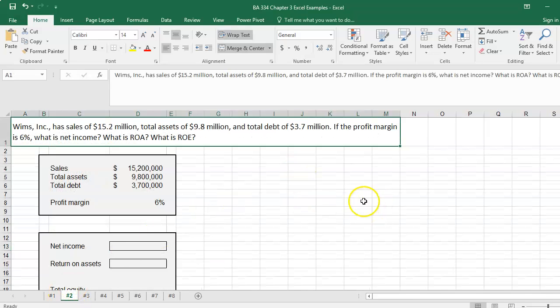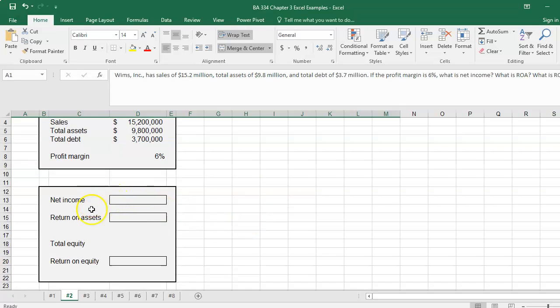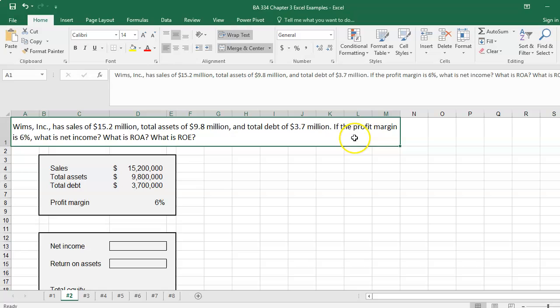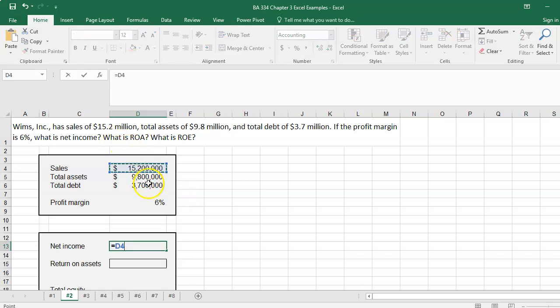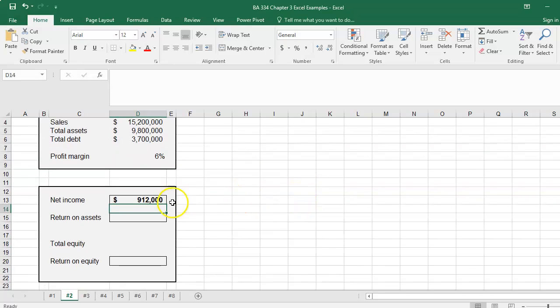In this second example, we're going to look at the net income, return on assets, and return on equity. So we start with knowing that the profit margin is 6%, and we need to calculate net income. Well, remember that profit margin is the amount of money that we get to keep from sales after we pay all of our expenses and taxes. Profit margin is calculated by dividing net income by sales. So net income divided by sales. So in order to calculate what the net income is if we just have sales and profit margin, we would take sales times profit margin. And that gives us a net income of